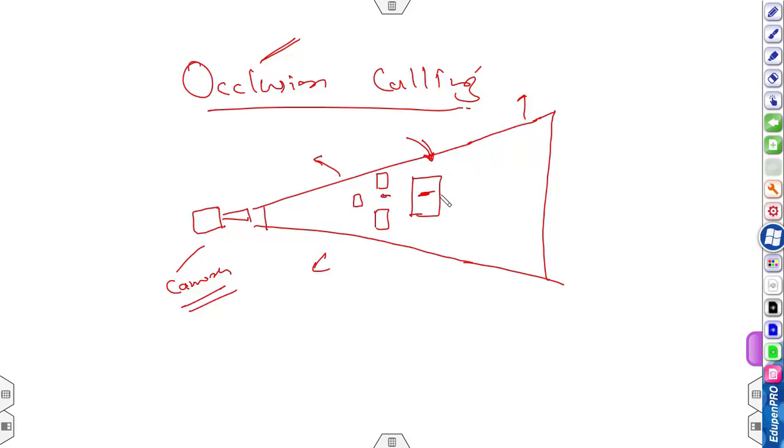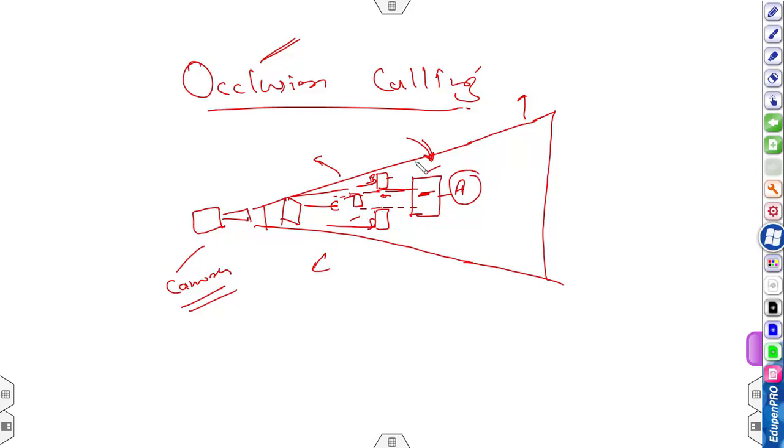Suppose this is an object A, and this is B, this C and D. Here we can see that object A is collectively occluded by B, C and D, because if we plot the ray, whenever there is an image plane, this image plane will draw B, C and D, and these three collectively hide the game object A.